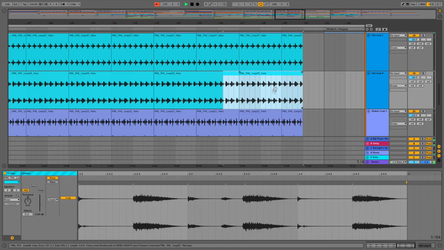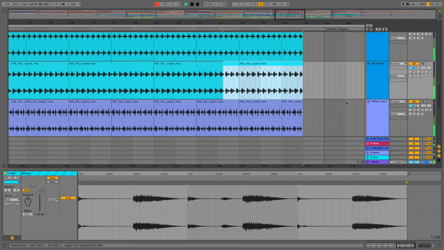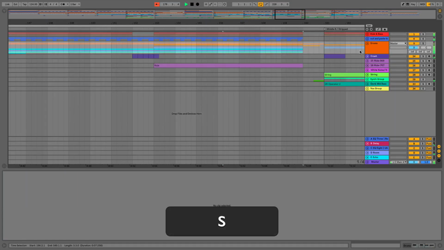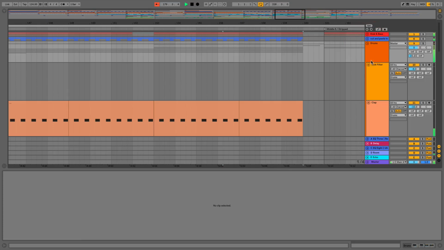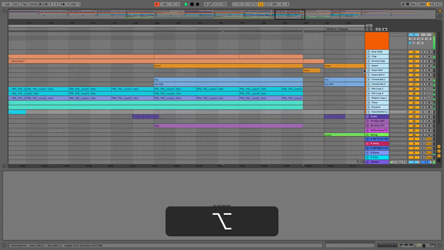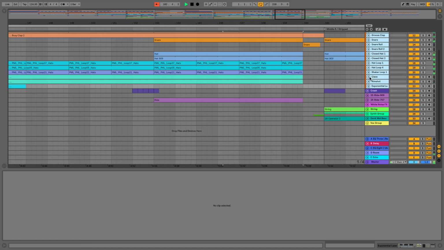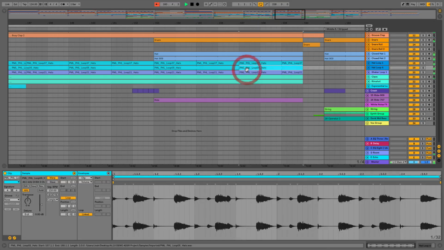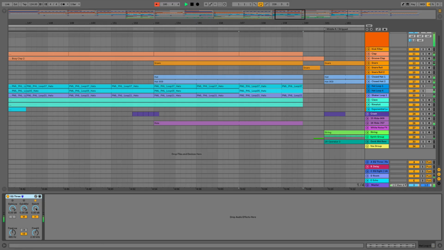Finally, we have a nice feature where if I just press S and shut all this down, I need to open these drums again actually. So say I want to make a duplicate of this hat loop. You can see I've got an EQ3 on there, and I've also got these clips. So say I want to use the exact same track with the same devices on this clip, then what I can do is I can just select this clip, and then I can drag this down into the drop files